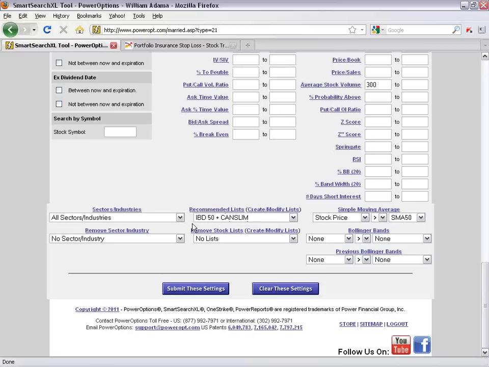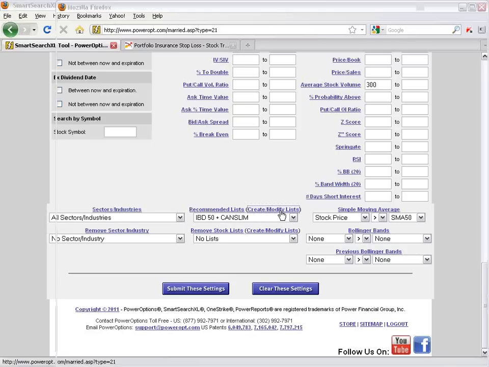One of the main features here for the recommended list section is that you can create your own personal list. So if I've been trading for a couple years, I might find that there's a list of only 30 or 40 stocks that I trade on a regular basis, and I can create my own personal list and just screen against those stocks. To do that, I'll simply click on Create/Modify Lists,